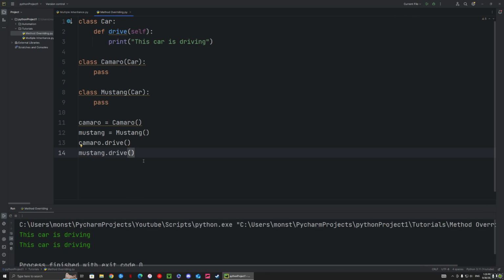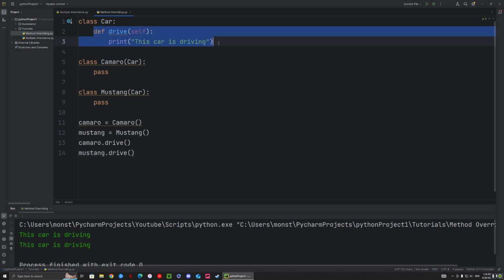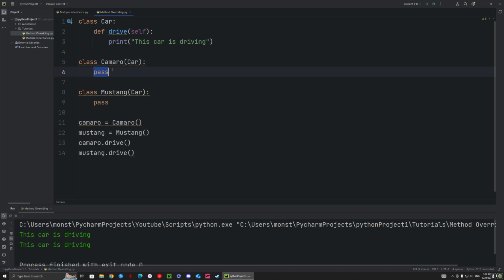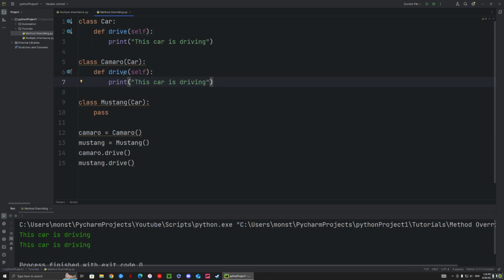Now if you want method overriding to be implemented, you have to do two things. One is you have to add in the method, and two, you have to use the same name as the name in the parent class. So just like this, and with the same parameter as well. And now you can say this Camaro is fast, and then if you print it,